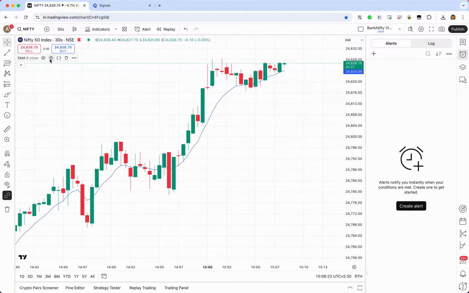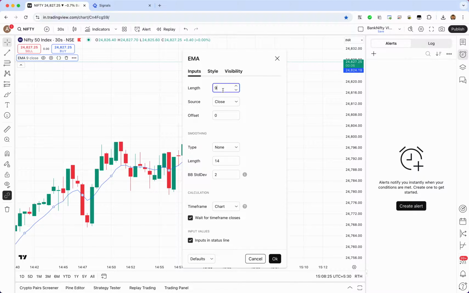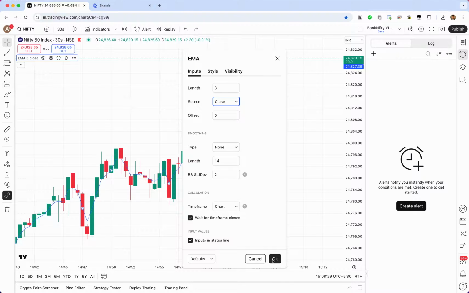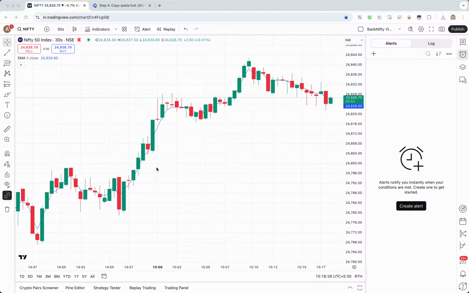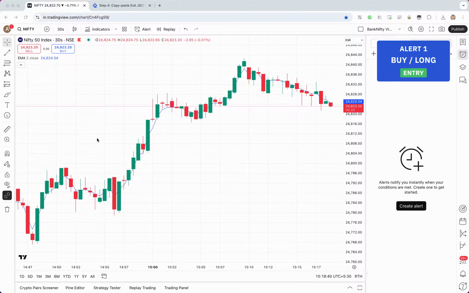So let's change the setting of the indicator and reduce the length to 3 so that we get more frequent trades. So based on the trading logic that we just discussed, we will be creating 4 different alerts on TradingView. Alert 1 will send out the buy entry signal to Quantiply when the price closes above the moving average line.